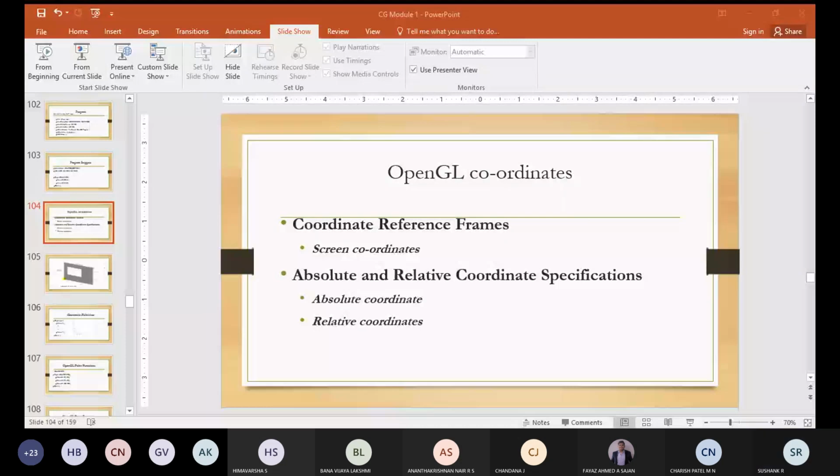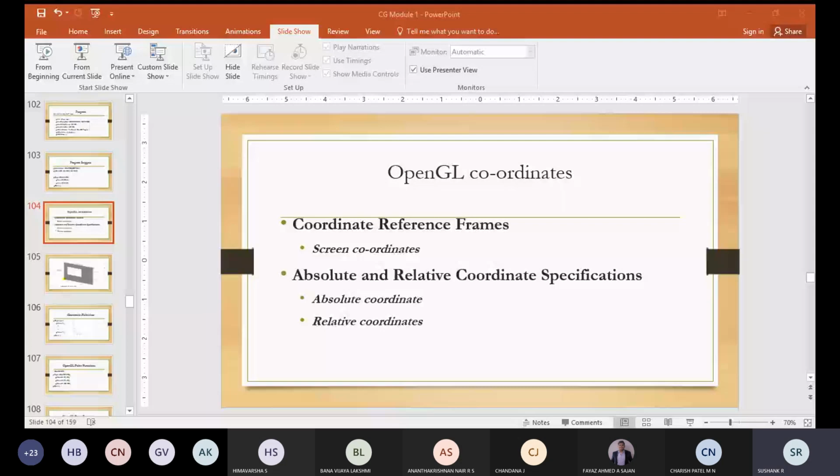See, for glBegin here, what type are we using? Here we are using GL_POINTS as the type. The type within this glBegin will specify the type of object. Here we are using the type of the object as GL_POINTS. That means each vertex is displayed as a point. So each vertex will be displayed as a point.